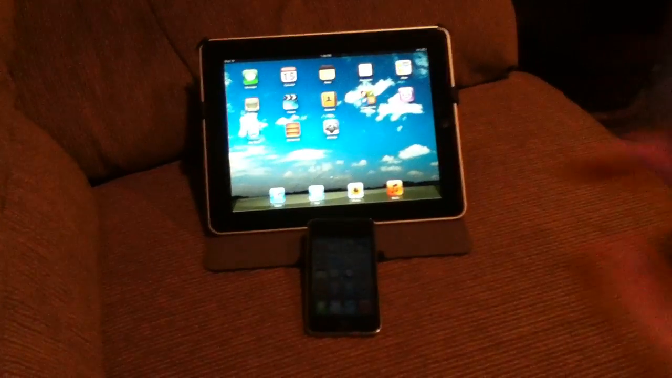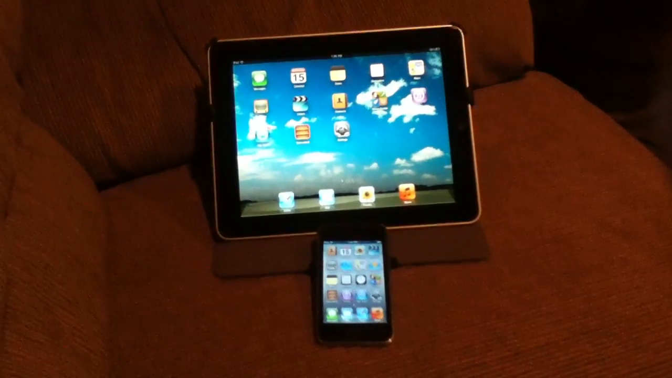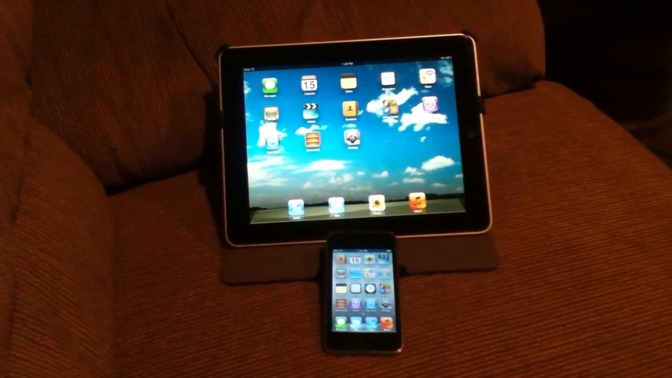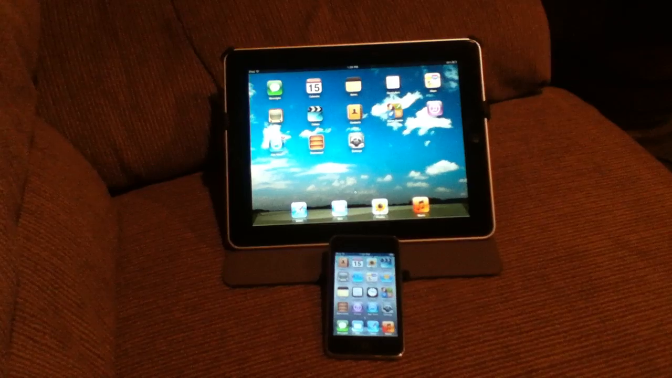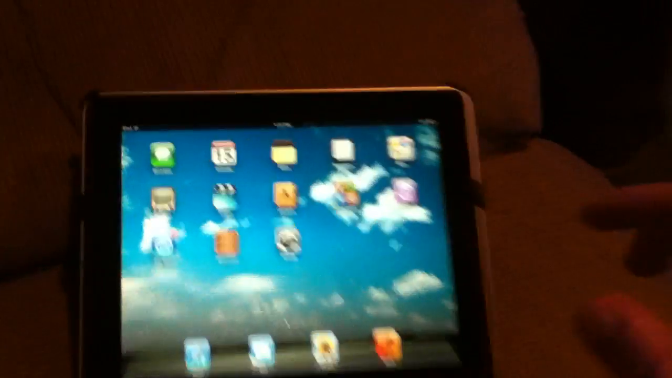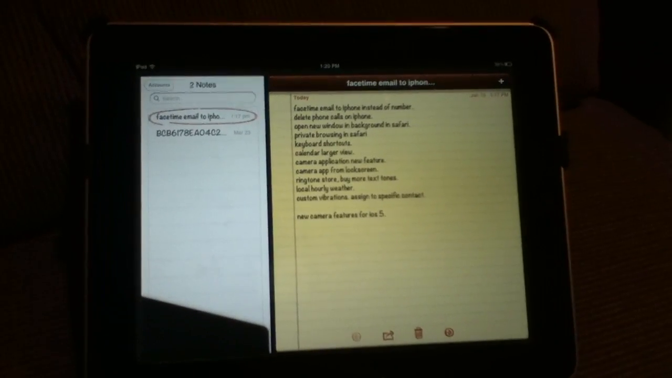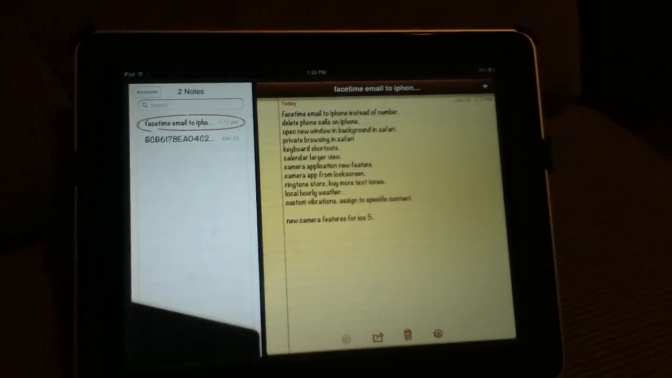I don't know why they wouldn't have shown these features at the WWDC, because although they are not the biggest features, they definitely are some of the most useful, and they definitely make the devices better overall and easier to use. So as you can see here in the Notes application on my iPad, I actually have all the features saved there, and I'm going to be going through each of them